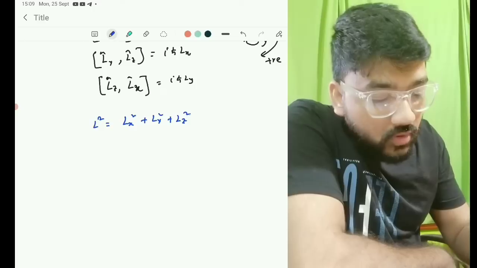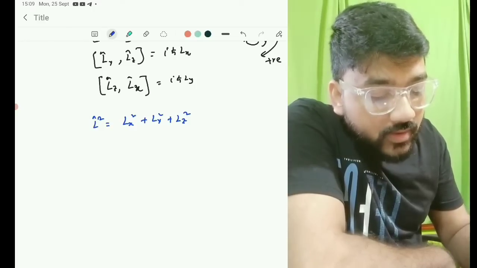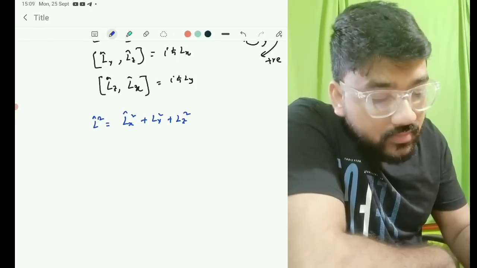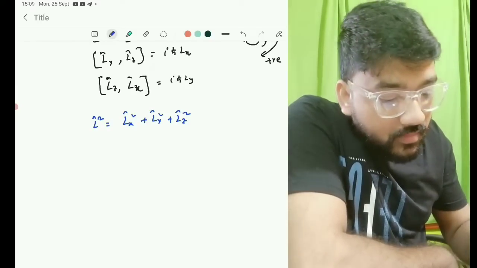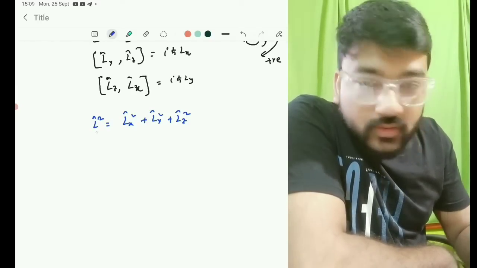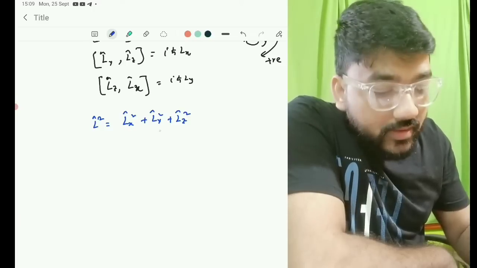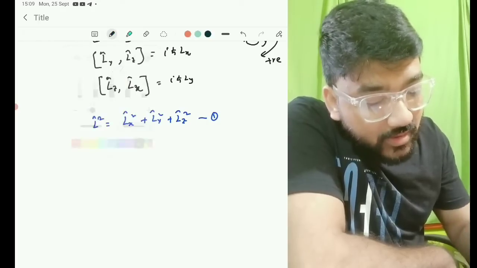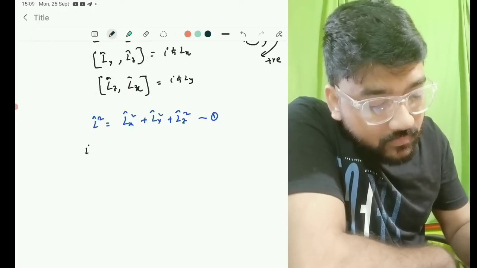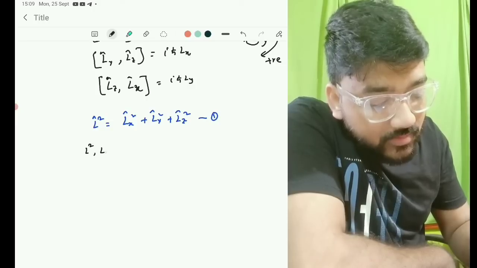In operator form, it will be L square cap, Lx square cap, Ly square cap, and Lz square cap. This is the total angular momentum L, and these are the components Lx, Ly and Lz. But if you want to know the commutation relation between L square and, suppose, Lx,